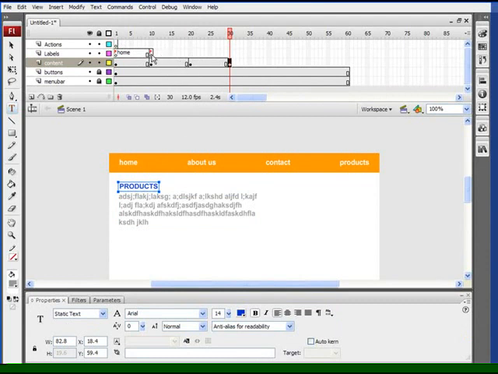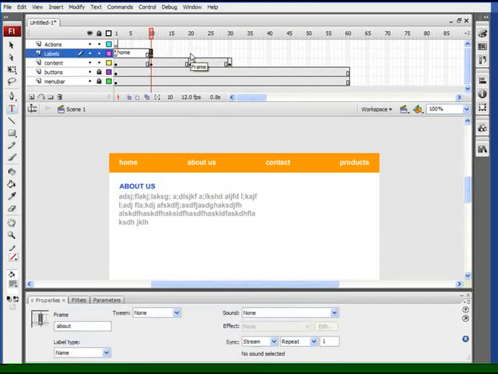So we've created it for the About Us page. Let's go to frame 20 for the contact page. So we'll click on frame 20 on the labels layer, hit F6 to add a new keyframe there, and then with that new keyframe selected, we'll go down to our frame label text field in our properties panel and type in contact. And then once again for frame 30, we'll hit F6 again for the labels layer, and we'll label that frame